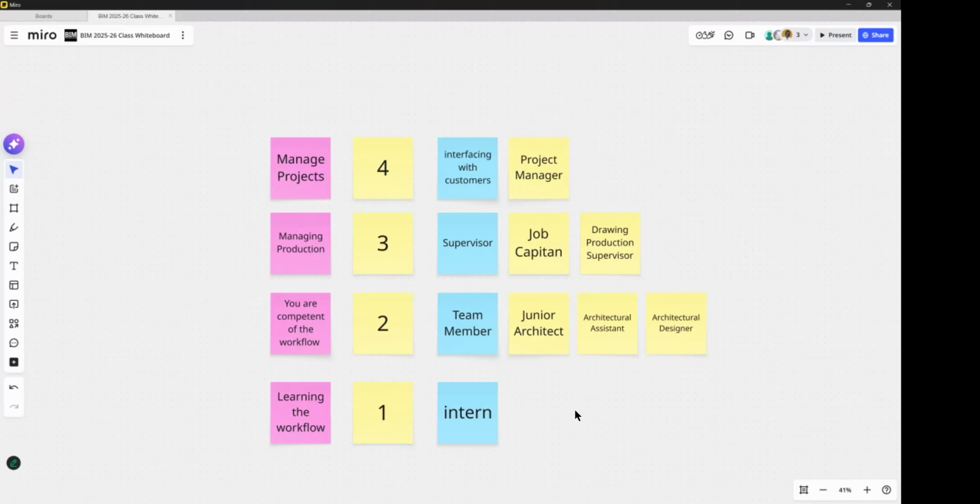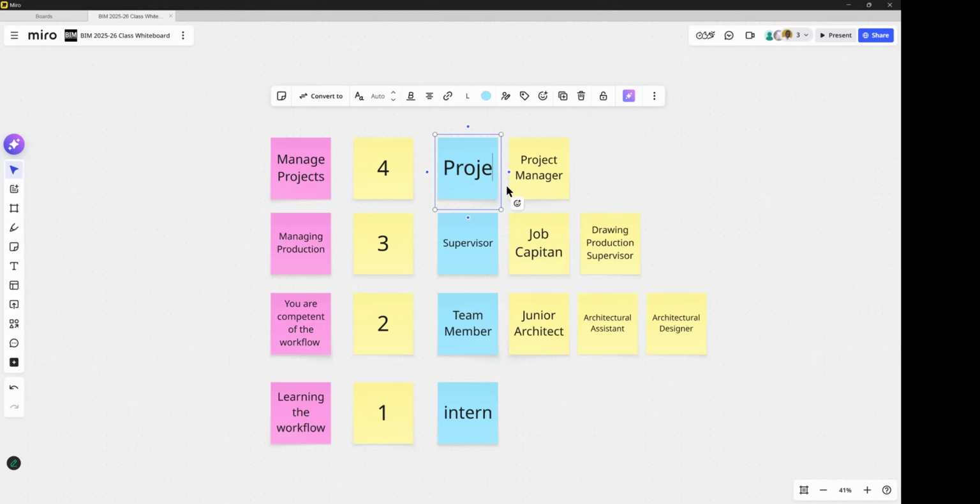So at some point, even an engineer would have to fall into this category. If somebody is already seasoned, they already know the ropes, then maybe they wouldn't start as an intern. Who knows? Maybe they would be a supervisor, or maybe they would be a project manager.